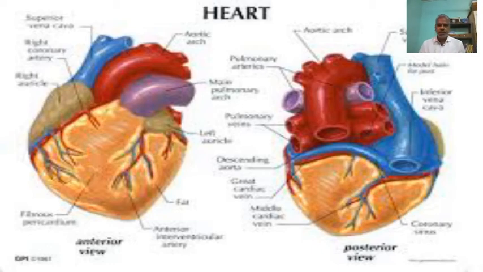Good morning, students. In this session, let us try to learn about the human heart. Of course, we will be looking into the external features only. You all know very well that the heart is the central organ in our circulatory system,